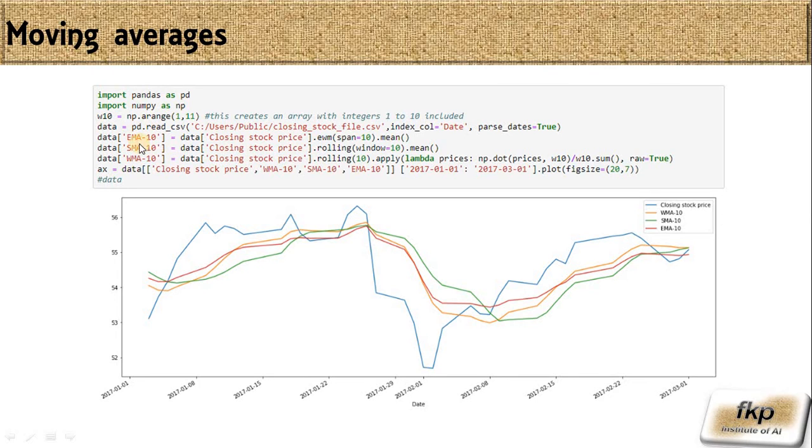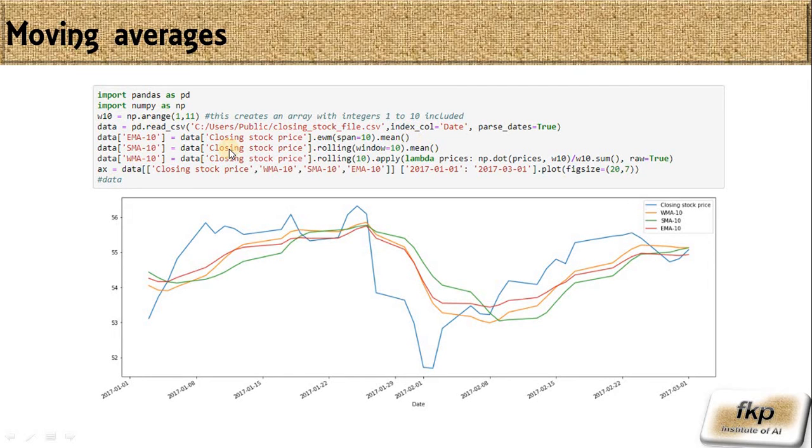The first one is the exponential moving average. We have a function for it in pandas. I have used the exponential moving average, the third one we have seen in this session, with a span of 10. Since we are going with the moving average, we use the mean function.